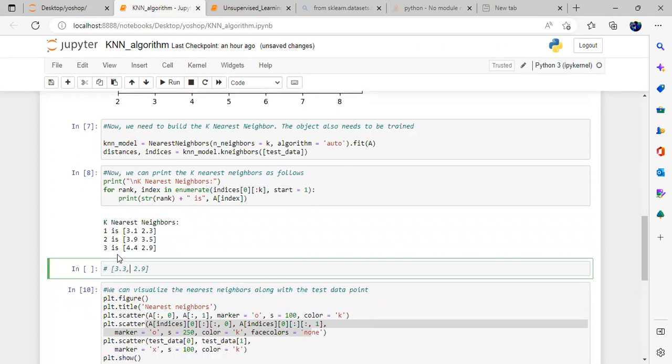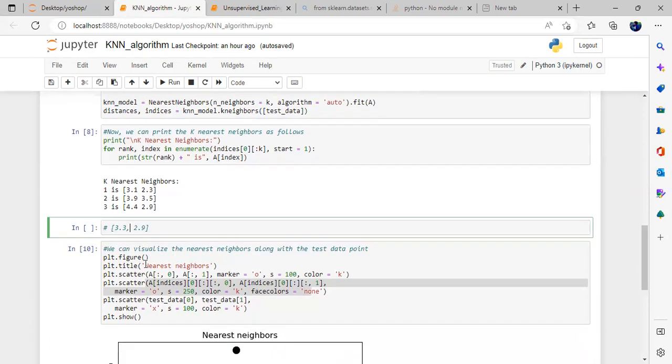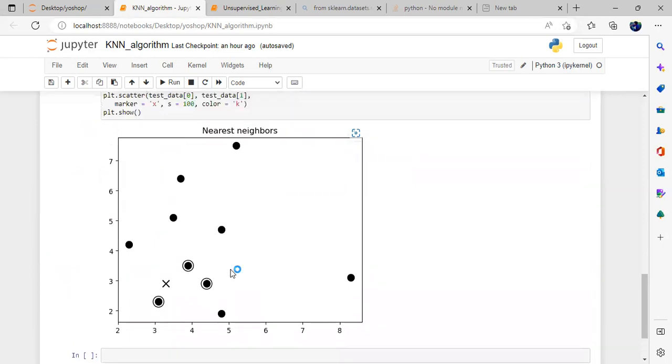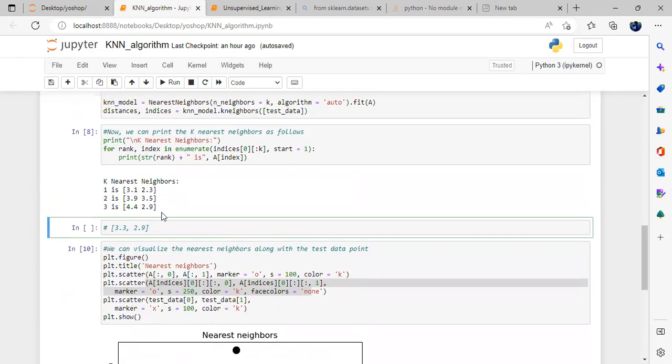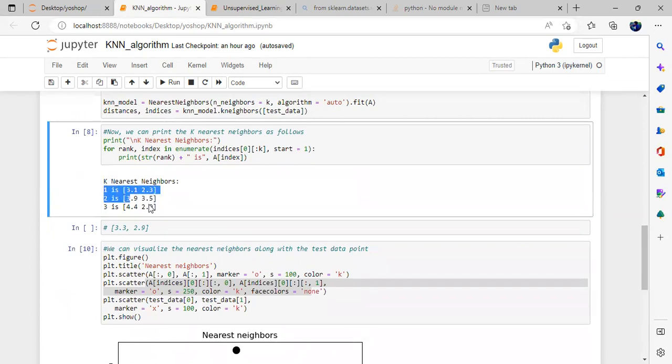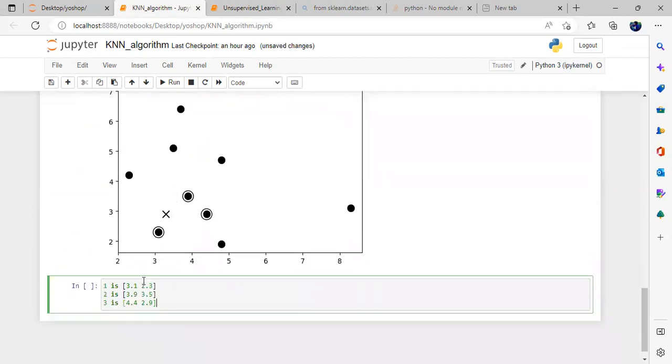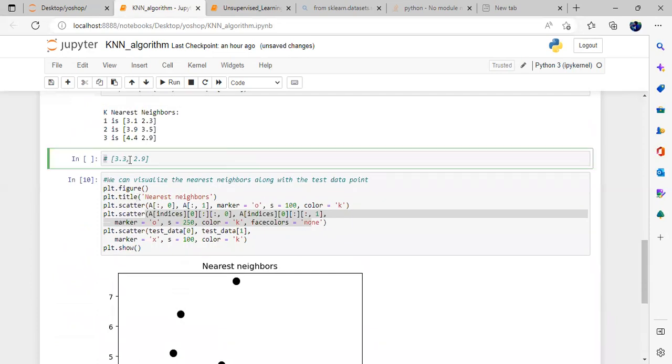So this is our test data. The first nearest point is 3.1 and 2.3. The second nearest neighbor is 3.9 and 3.5. The third nearest neighbor is 4.4 and 2.9. So we can directly see this here. Okay, so if I copy paste this output here, and this is our